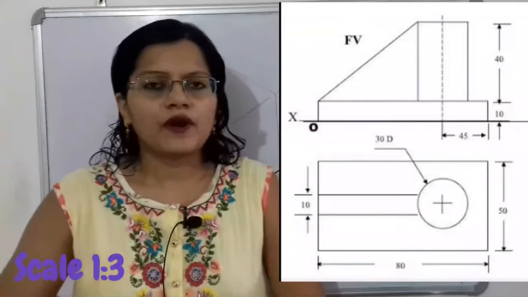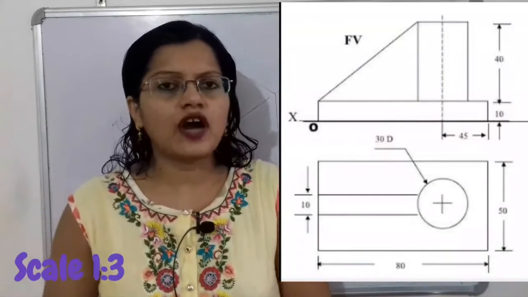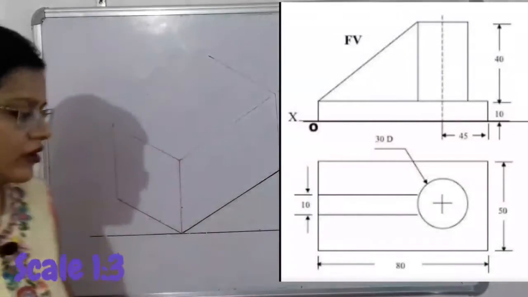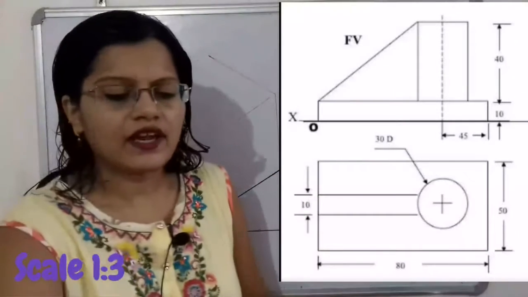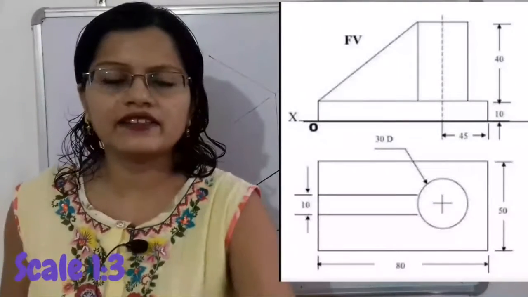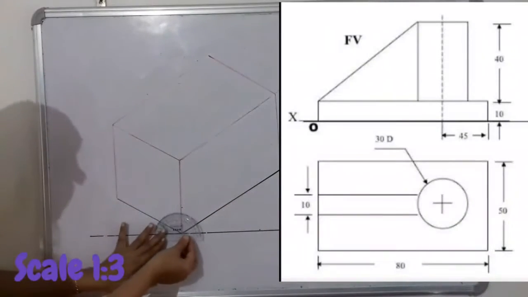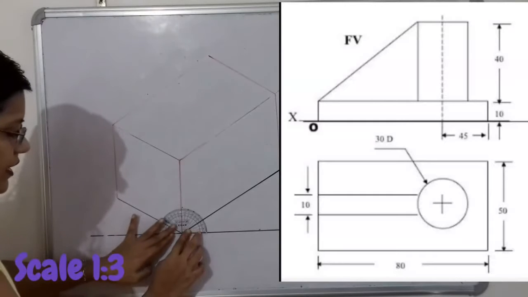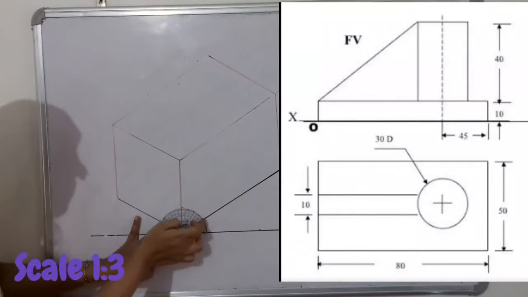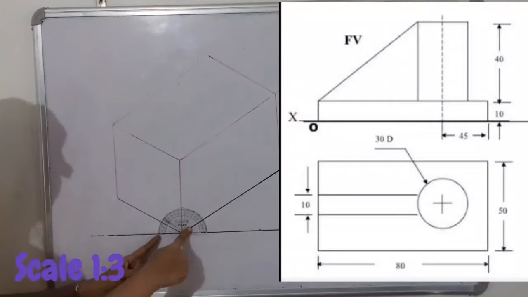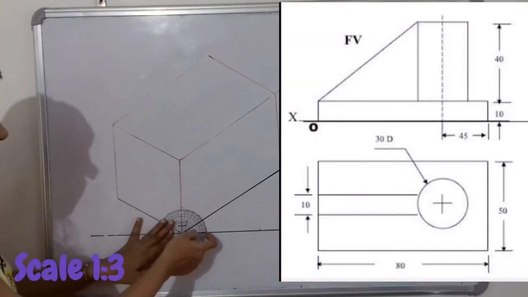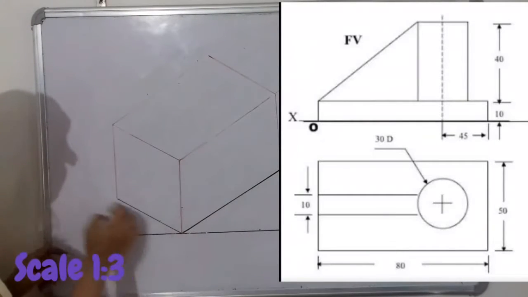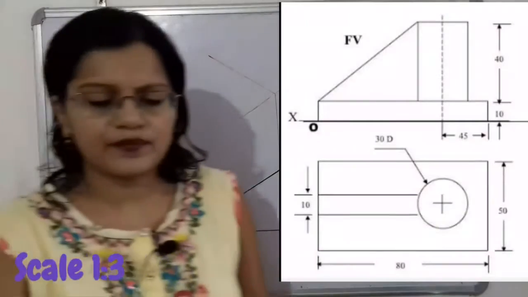So we will plot the front view on the right hand side. How to plot? For that we first take one horizontal line and select one point. Now from that point we have to select 3 points at different angles. If we keep the protractor here on the right hand side, we select one point at 30-degree angle. In the same way from the left hand side we select the point at 30-degree angle, and here one point at 90-degree angle. And now we draw the lines passing through these 3 points.